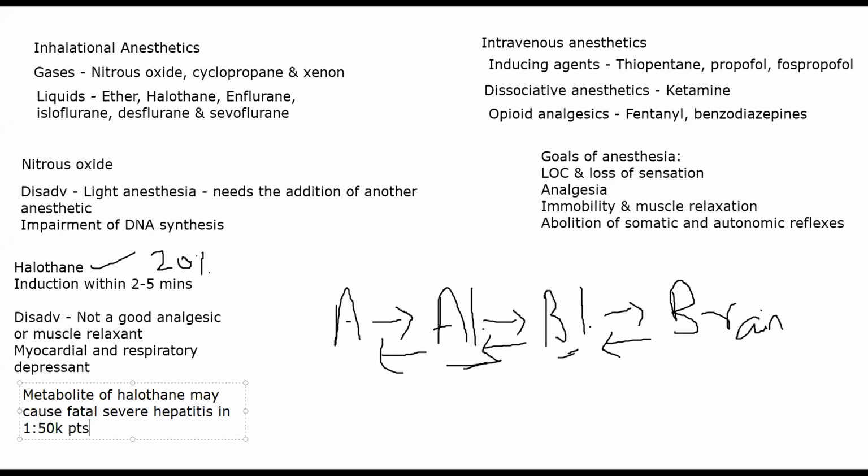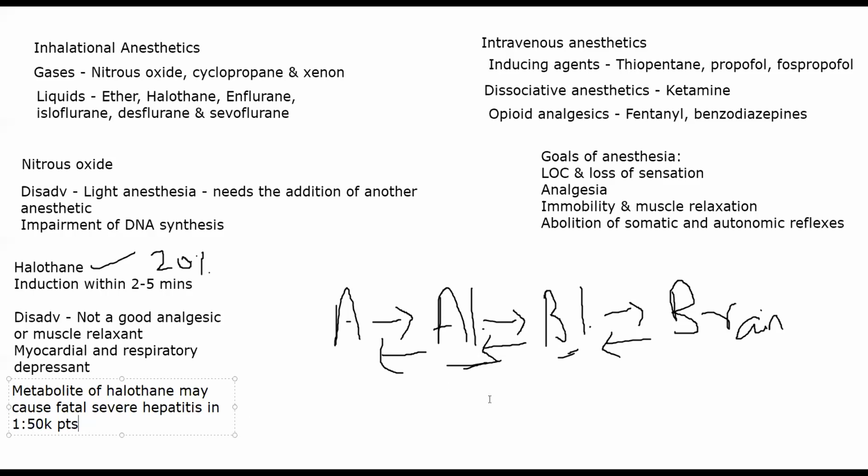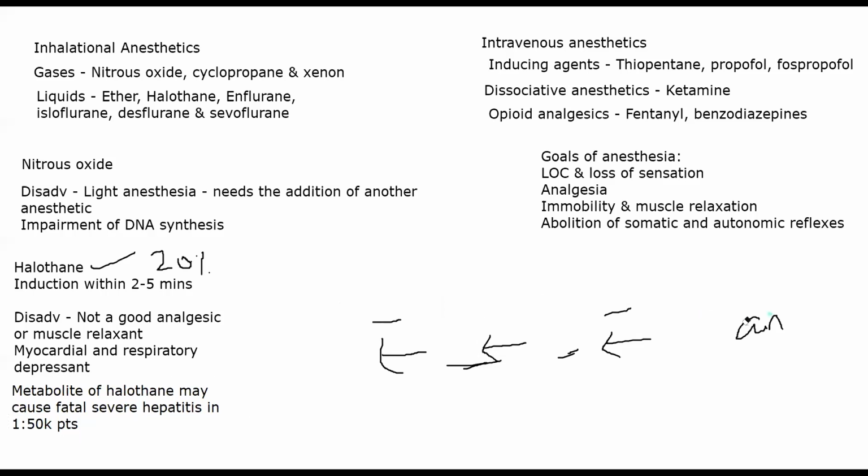All right. Another important side effect of halothane, very important actually, is hyperthermia. Okay, something called malignant hyperthermia. What happens is, when you're giving halothane, in some patients their body will have a sudden increase in body temperature. Why? There is a compound called succinylcholine. Succinylcholine, in some patients, okay, not all, will enhance halothane's effect, which will cause intracellular calcium to be released. Okay, this intracellular calcium will cause muscle contraction.